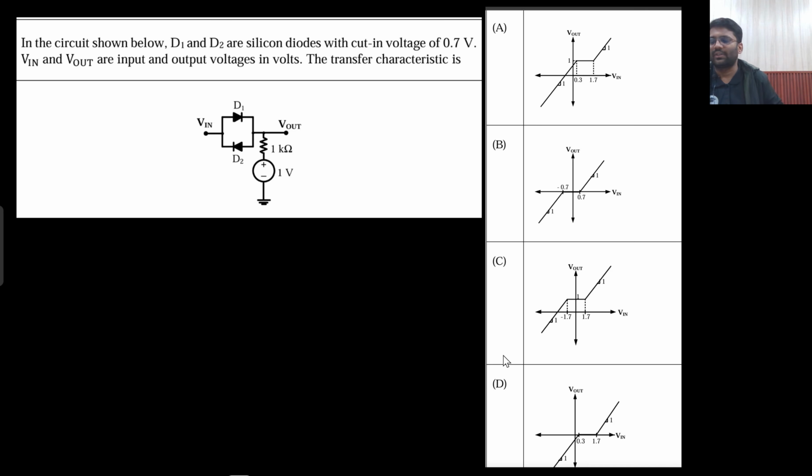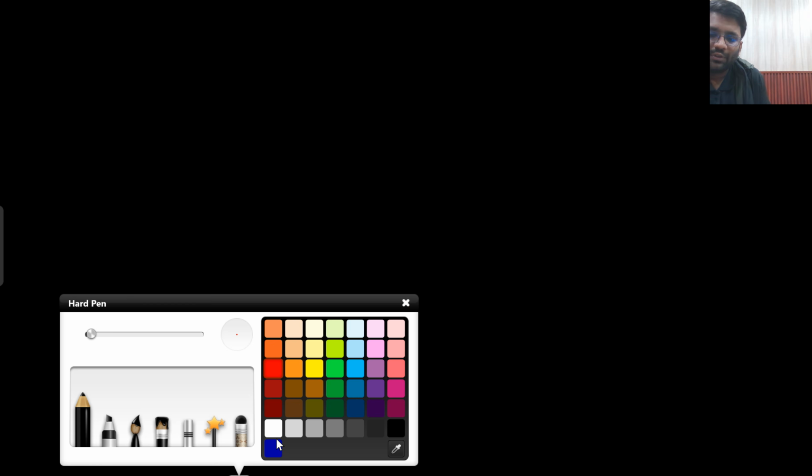Diode circuit. So I thought that one question I should take on diode circuit. Why I took this particular question? Because I need to teach you one concept, or you can call it trick as well. What is the trick? Like if I give you this particular diode circuit,